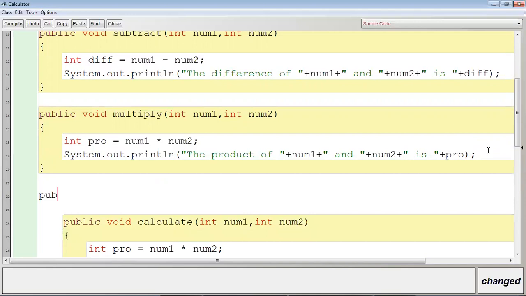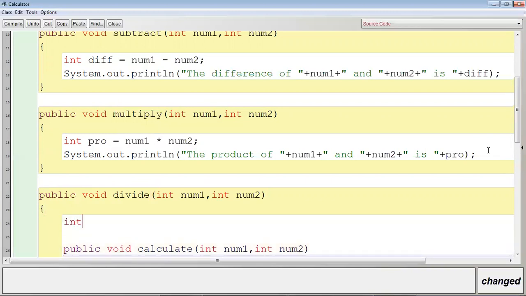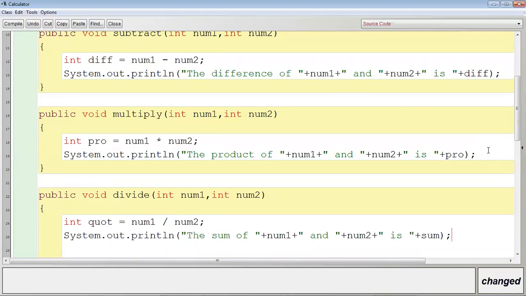Then public void divide, int num1, int num2, then int quotient is equal to num1 divided by num2.